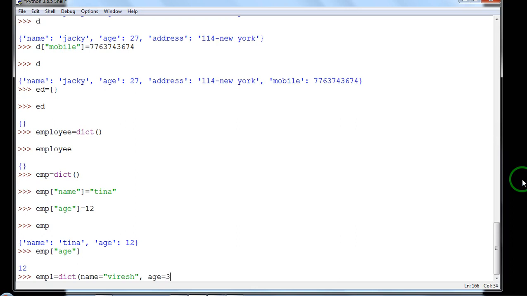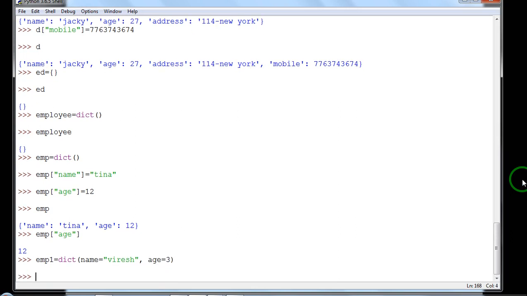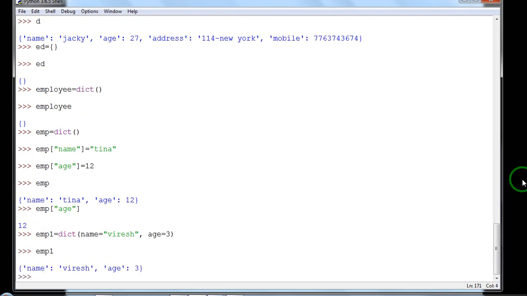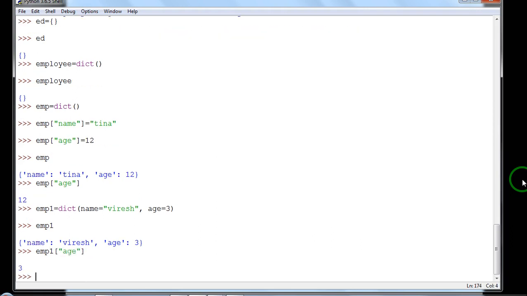Okay, let's make it 3 years. So emp1 will also create the key value pair, and this is a dictionary. When I print emp1 name, it will display Varun, and emp1 within square brackets, age, it will print 3, the value associated with this particular key.